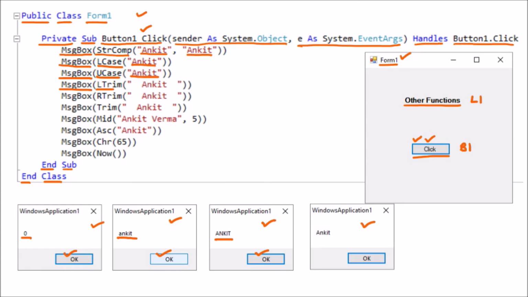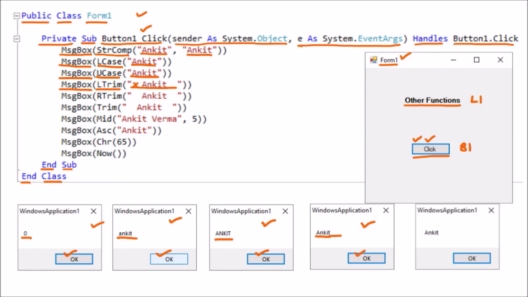Here we are having LTrim, means from the left hand side we are going to trim that. We know that in this Ankit we are having spaces leading as well as the trailing. So earlier spaces are removed, means which are earlier, they are removed. Now you can see that here is the Ankit and also the space is afterward, but that is not displayed because space is not showing, but yeah, space is available. So now click on the OK.